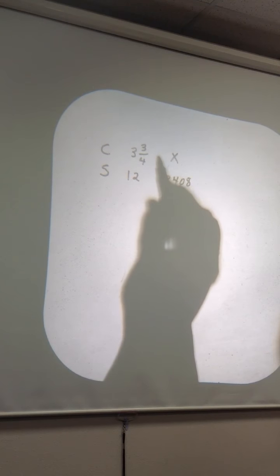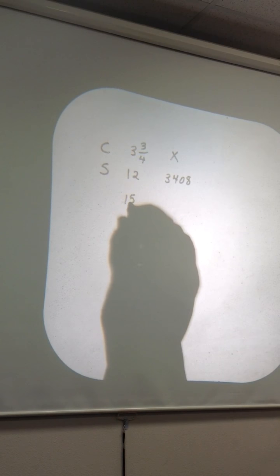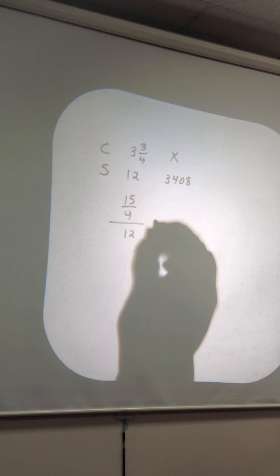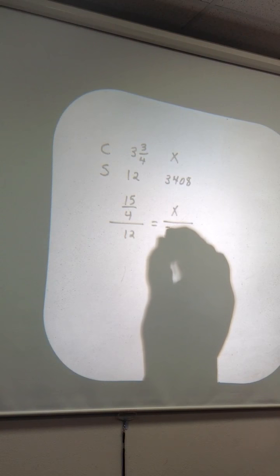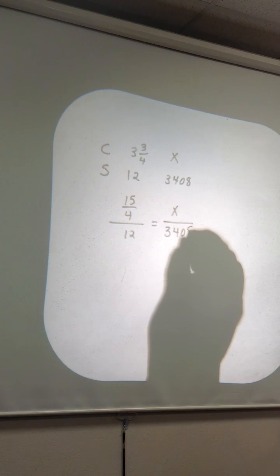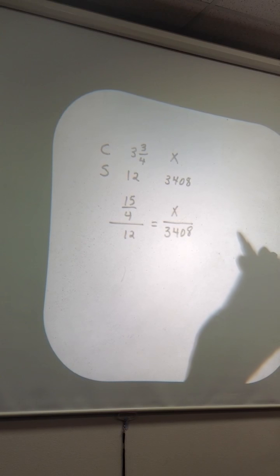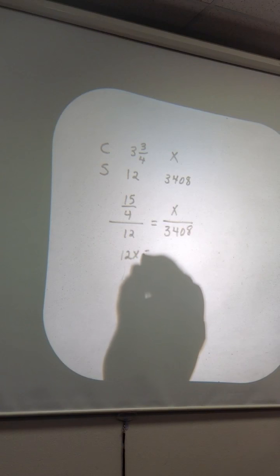3 3/4 is what as an improper fraction? 15/4. Right. So you're going to have 15/4 over 12 equals x over 3,408. Just keep them in that very same order. When you get this thing set up, then what do you do? What do you do, Kelly? You cross multiply. So you're going to get 12x equals